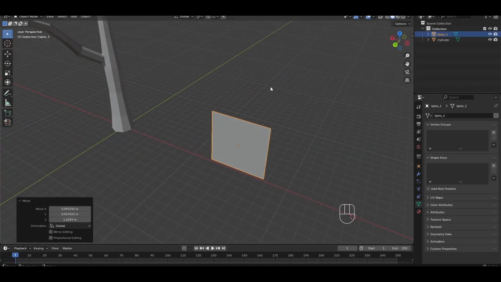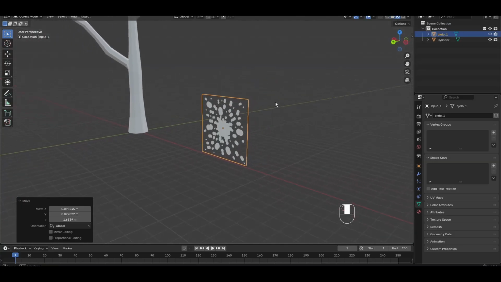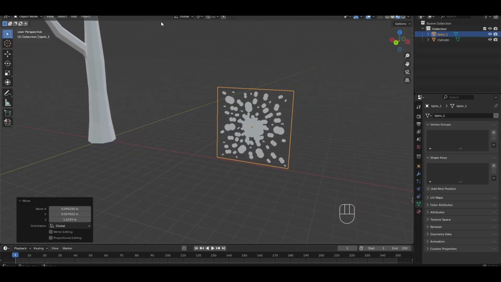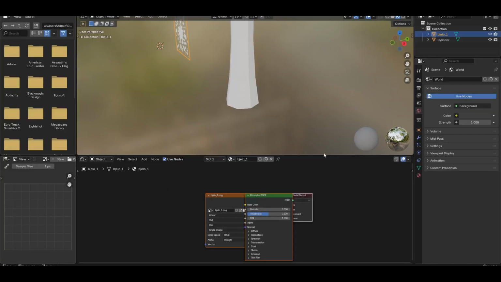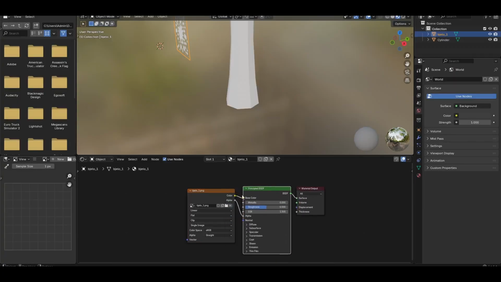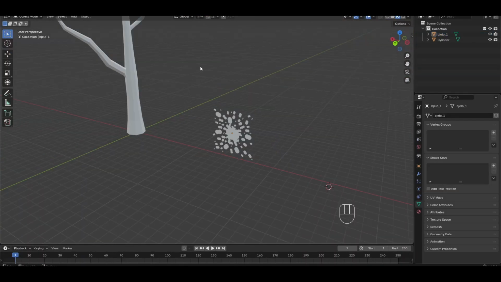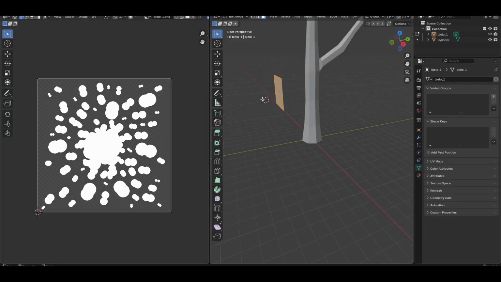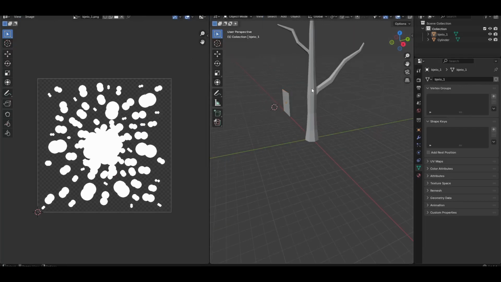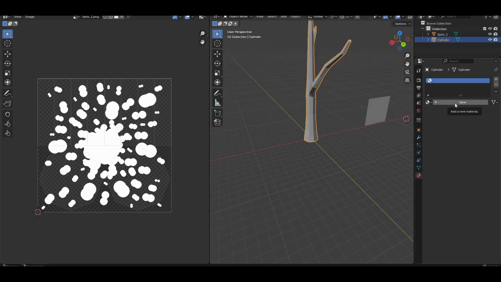And now when you go here on viewport shading, you will see our leaves with alpha. If you go in your shading and here you have a material of that leaf, you will just see that our image is connected with color and with alpha. Now I will just go in UV editing, go in object mode. I will select this tree trunk. I will add a new material,